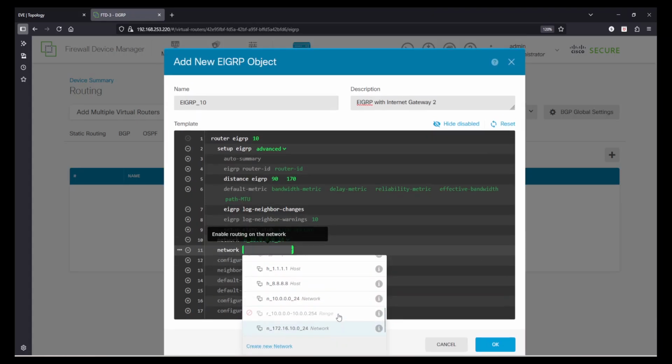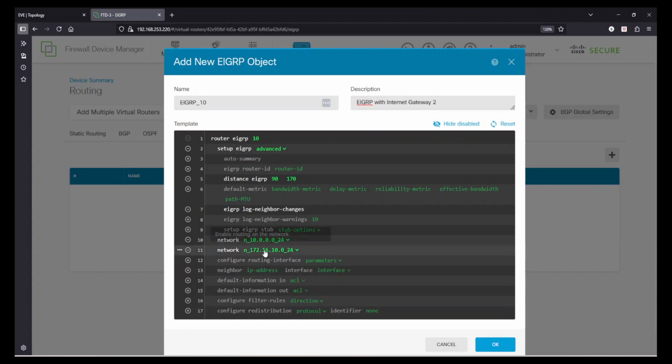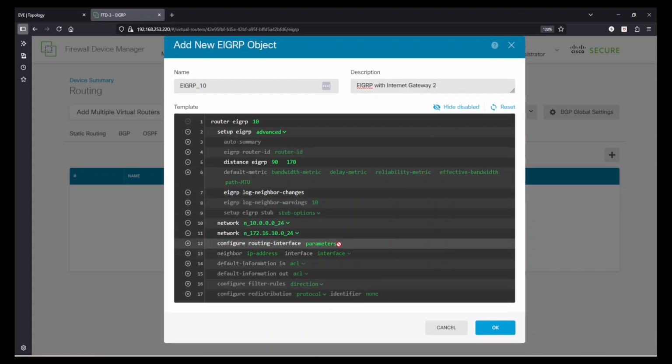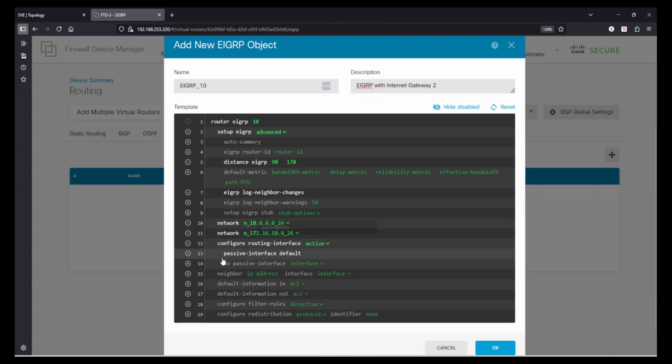Let's select that one here. Okay, so these two networks are participating. And in terms of, I wanted to see one more thing. Just give me a minute. Configure routing interface parameters. Okay, I need to first enable this command, and then I would say, yeah, routing interface